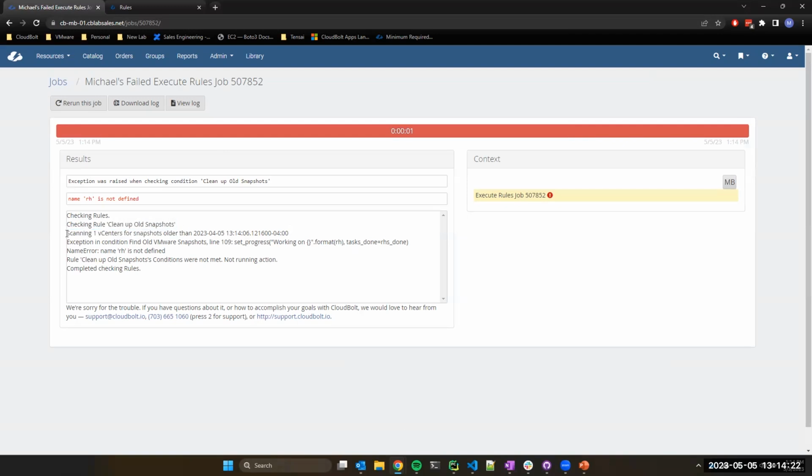CloudBolt snapshot scanning 1 vCenter. So we see that log event that we changed. We see the total number of vCenters it's going to check snapshots for. And then now it's line 109. So this set progress is a logging method in CloudBolt. When you use a set progress, it shows the output here on this screen. I can also do something with a logger, but the logger is going to write events to the detailed job log here, versus set progress should be used for more high level logs that you want your end users to be able to see on the screen. So we're working on,